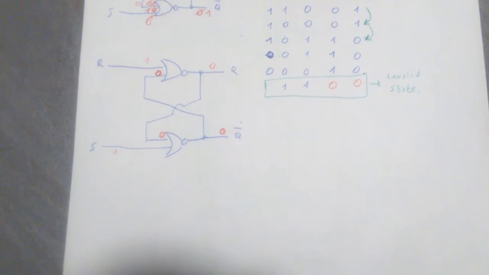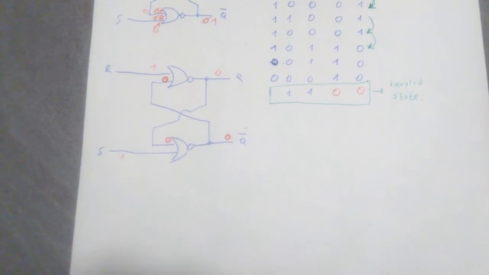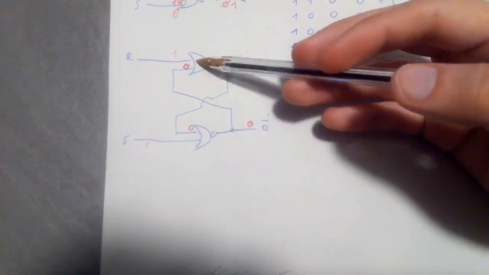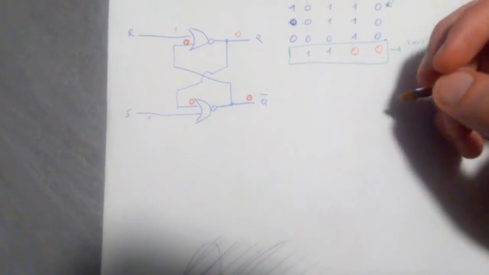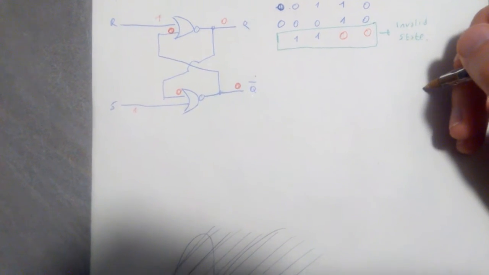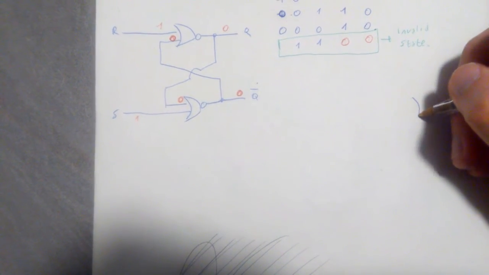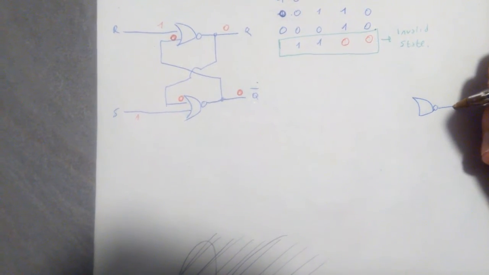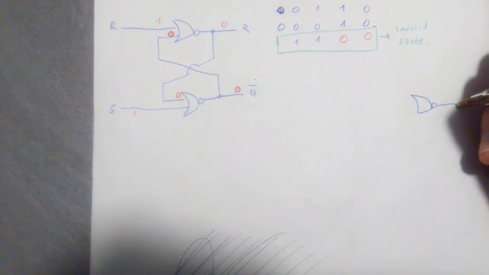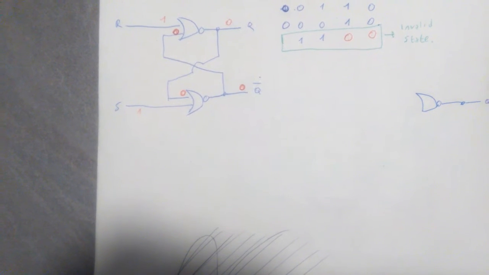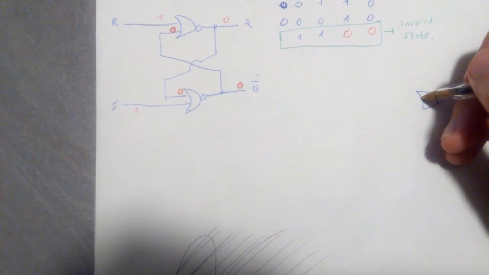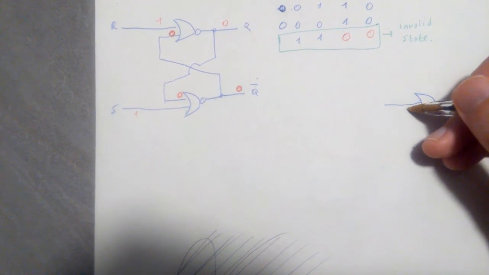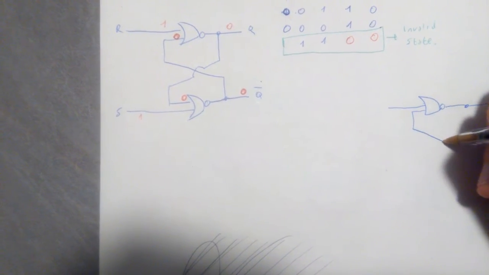Just like I added a few more things about the RS latch, I want to add a few more things about the D latch. So if you take the RS latch, you may want to do a few things. If we start with the same NOR gate, and we have Q as the output, and we still have this and this,